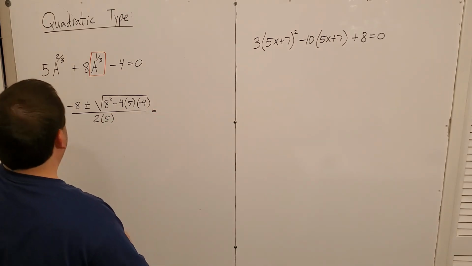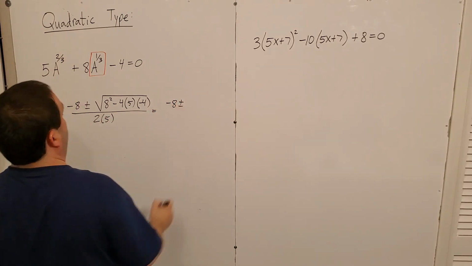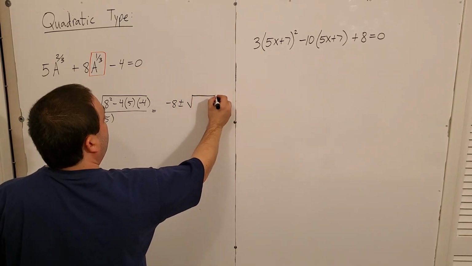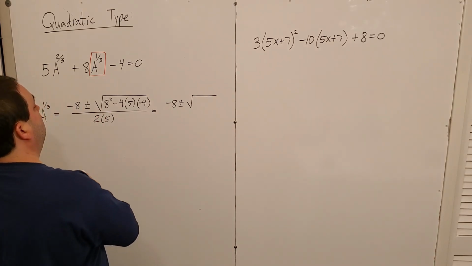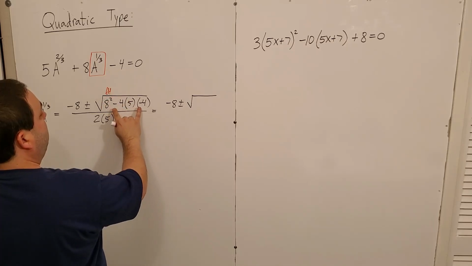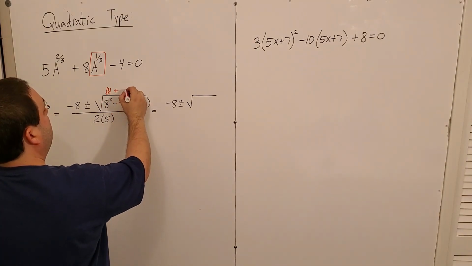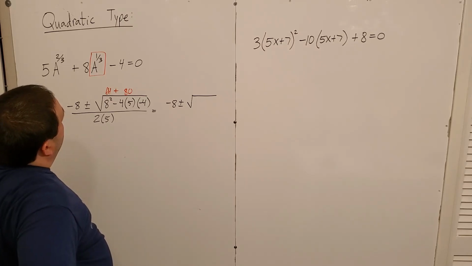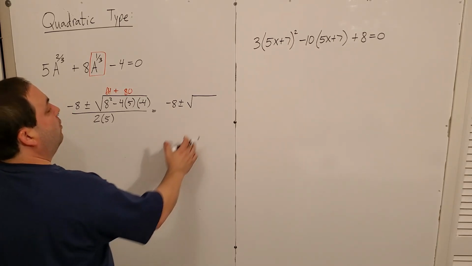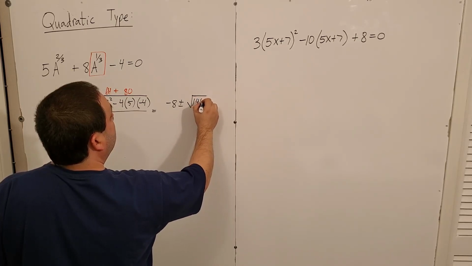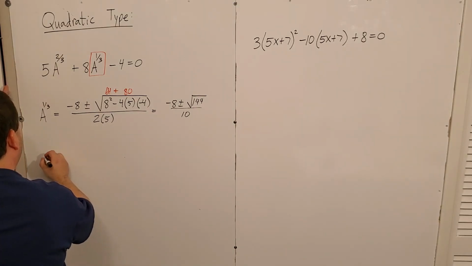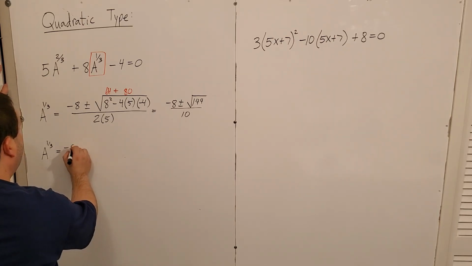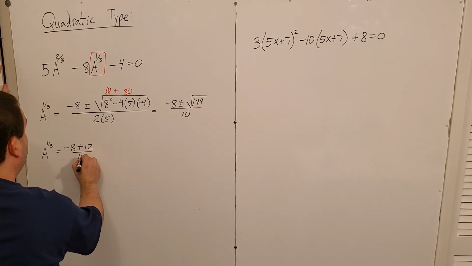Okay? So that's negative 8 plus or minus the square root of, well, let's see real quick. This is 64 plus 20 times 4, which is 80. Right? So that's the square root of 144. That's a nice one. Right? That's just 12. Okay, so I've got a to the 1/3 is equal to negative 8 plus 12 over 10,